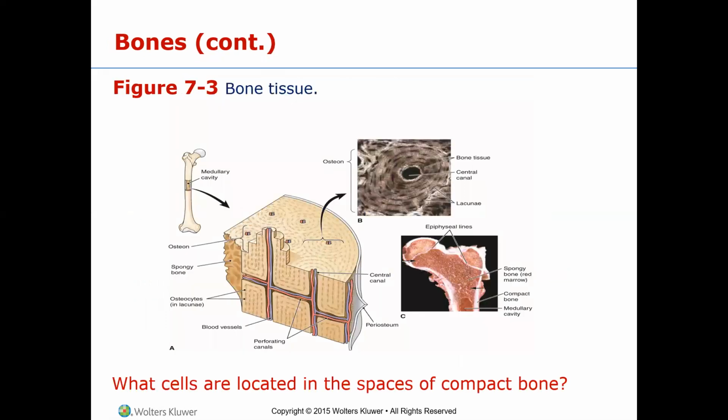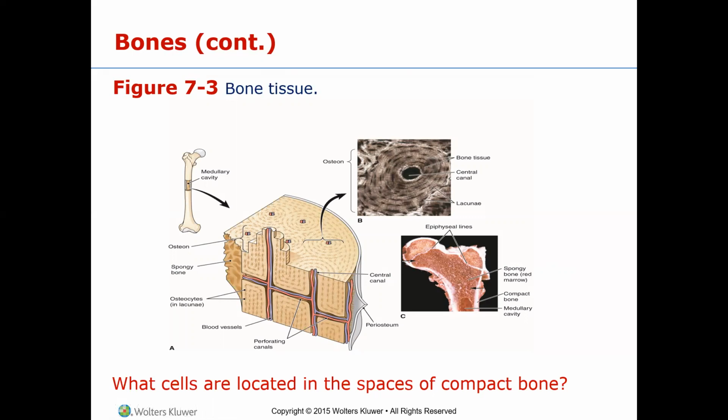So when we look at the bone itself, and this is just a section of the bone, if you look here, it looks sort of like a tree with tree rings. And so these bone cells are actually found within these little sections here, and those are osteocytes. And then embedded in those osteocytes are these areas that are called lacunae. And so you can see them here, these dark areas, and inside that you have your osteocytes or the bone